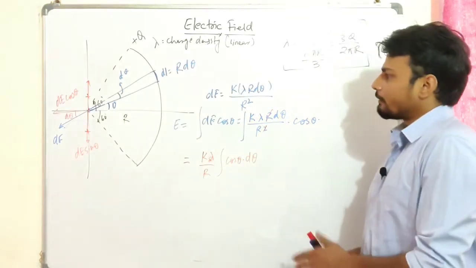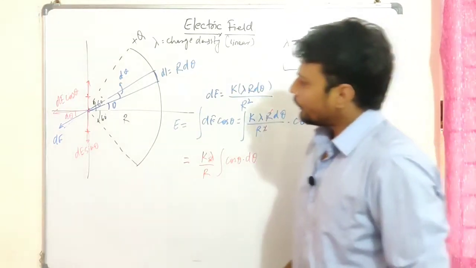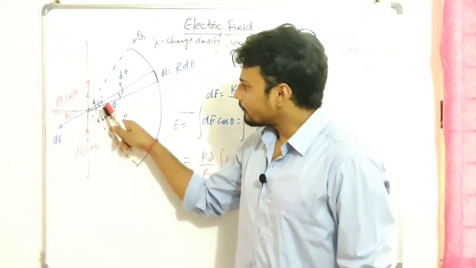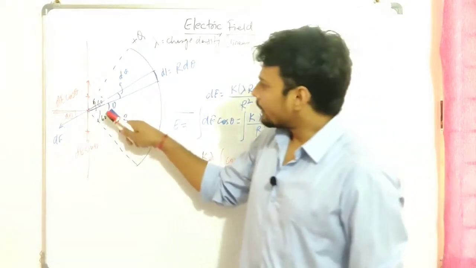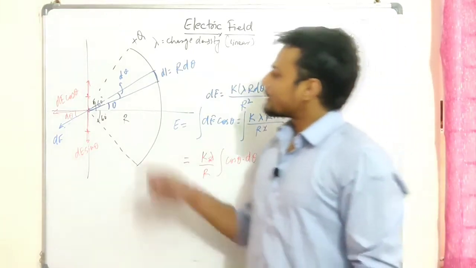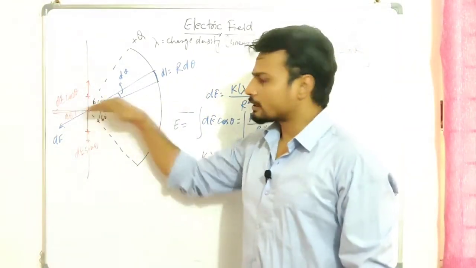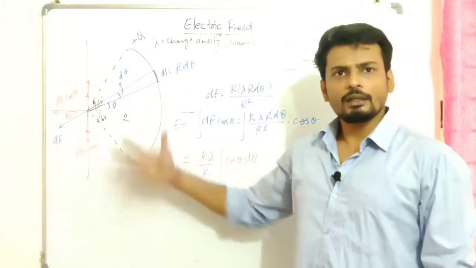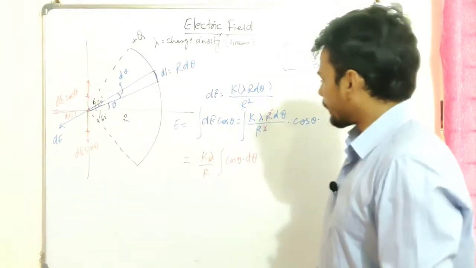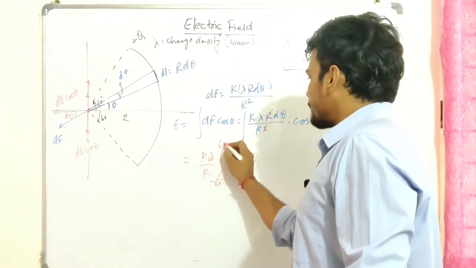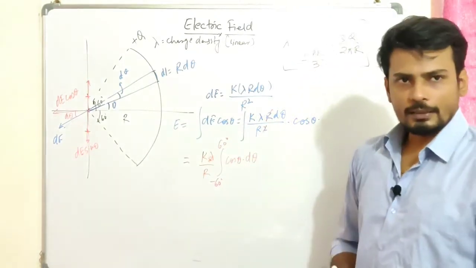Now let us try and define the limits of the angle. Well, you can see that the angle is coming from this point to this point, right? Now this angle is negative 60 degrees and this is going to be positive 60 degrees. I'm sure you guys are okay with that. So what we do, we measure the angle with respect to the axis of symmetry. This way, if I'm taking negative, that way it should be positive. It could be the other way also. Alright, then the limit should be negative 60 degrees to 60 degrees. That should be the way to put the limit, right?